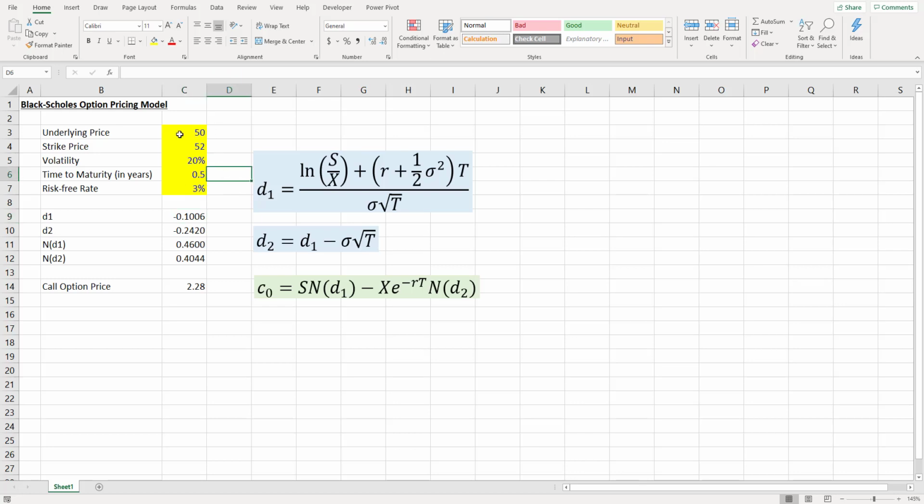Now, let's say we have this set of inputs for the Black-Scholes option pricing model, where the underlying price is 50, the strike price is 52, the volatility is 20%, the time to maturity is 6 months or half a year, and the risk-free rate is 3% per year. So let's say if you want to calculate the call option price using the Black-Scholes option pricing model, I will